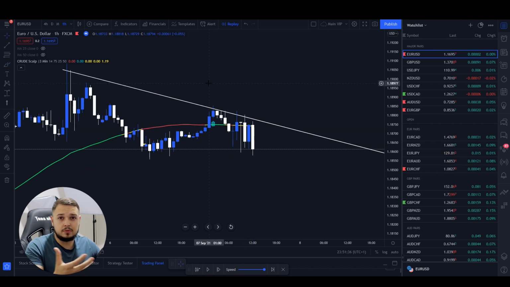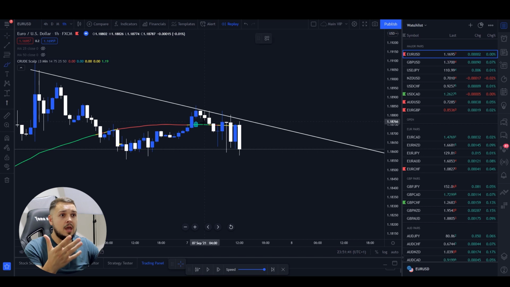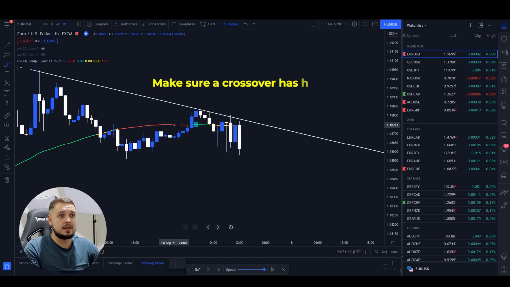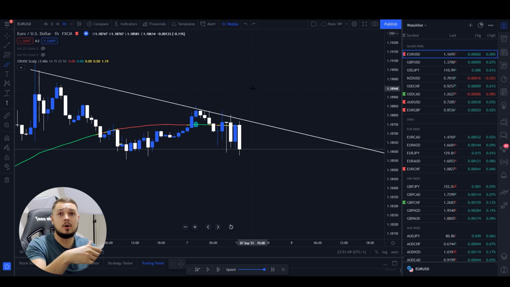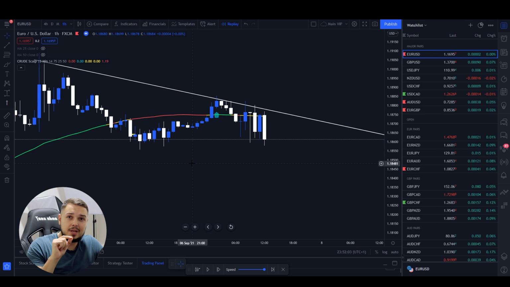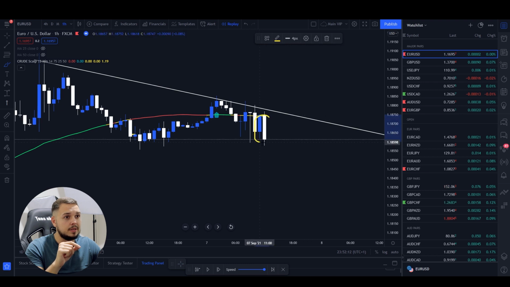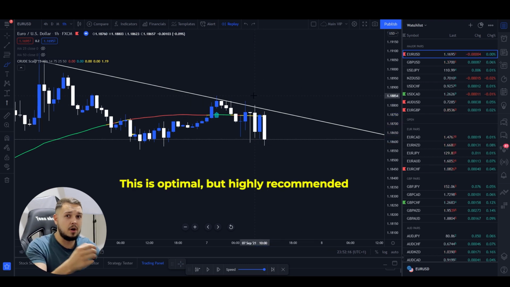What's also important to establish before we continue trading with the strategy is a crossover. So this indicator has to be crossed over as well. Candlesticks have to be below on the downtrend and above on the uptrend. Another thing that really helps if you want to enter precisely and have sniper entries is a bearish engulfing candlestick. If you have a bearish engulfing candle, you're going to have nice sniper entries and more than likely will make